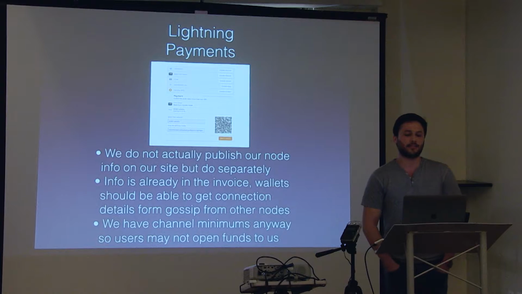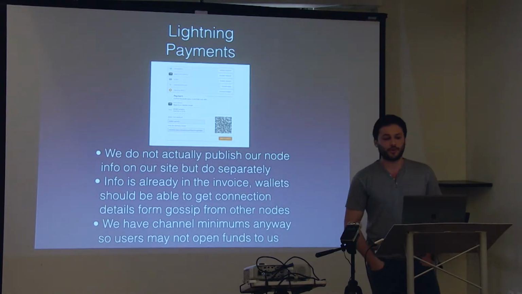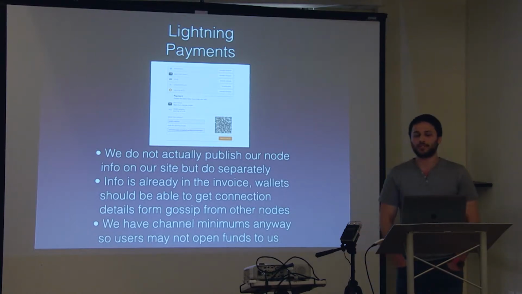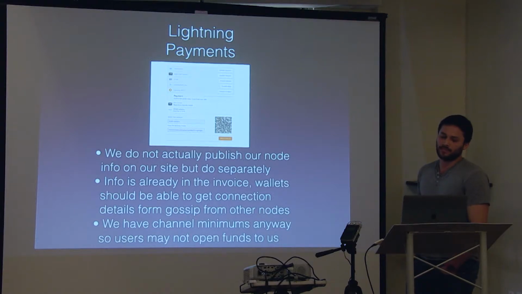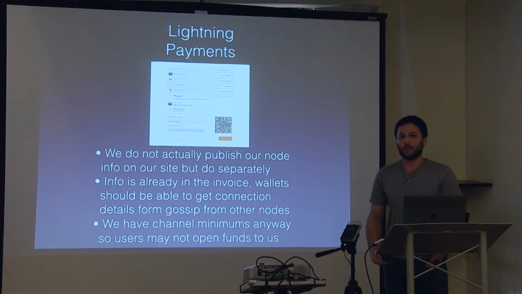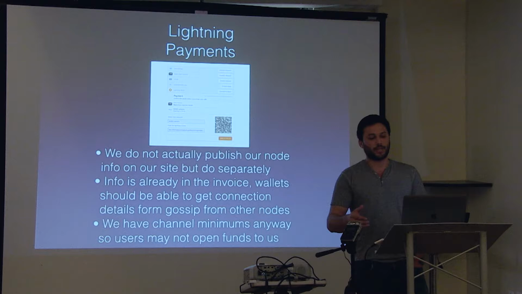Another idea is that many merchants post their node cookie. I think BTC Pay does this, but we actually don't do this at all, and I don't think it's really necessary for merchants. The hub key is in the QR code in the invoice. Wallets should be able to parse this and connect to a node. But for us, for example, we have channel minimums, so users may not actually be able to make a channel to us anyway. So it may not be the route we want users to go, unless they're opening a big